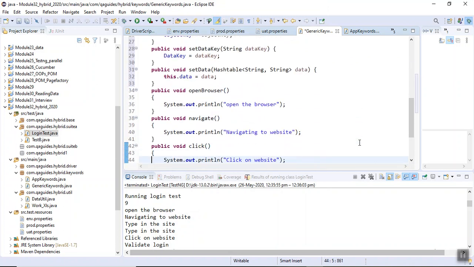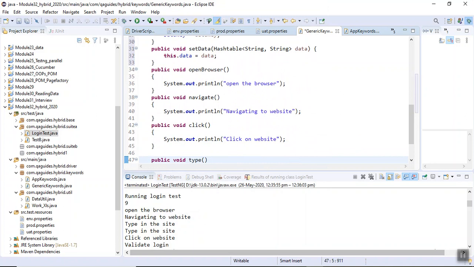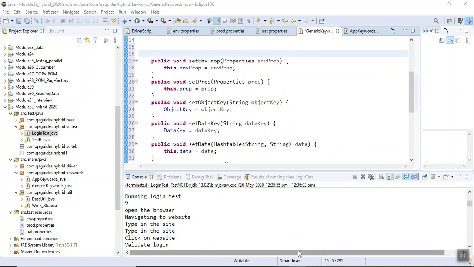I will be calling these functions from the driver script so that value can be set from the driver script. Getting the things?